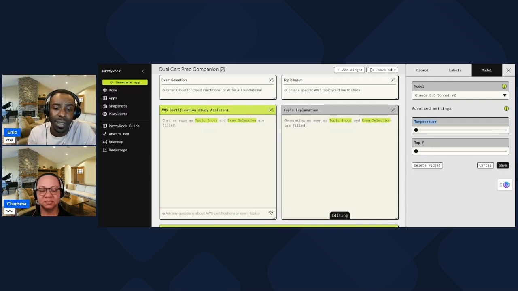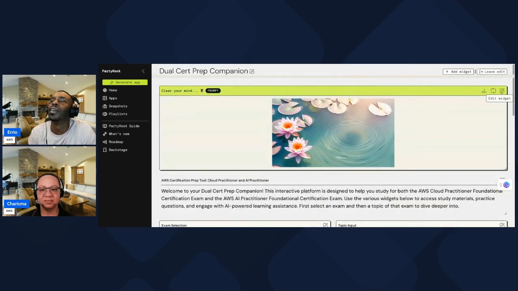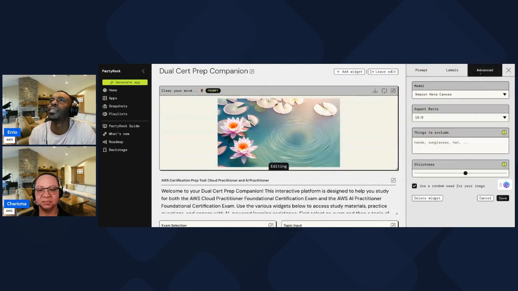And we're looking at something that could show you that right now. I have an opportunity to have Claude 3.5 Sonnet version 2. Let's hit cancel on this widget and let's go up to this widget. Let's edit this widget and let's hit advance. It shows us the model here. And we're using Amazon Nova